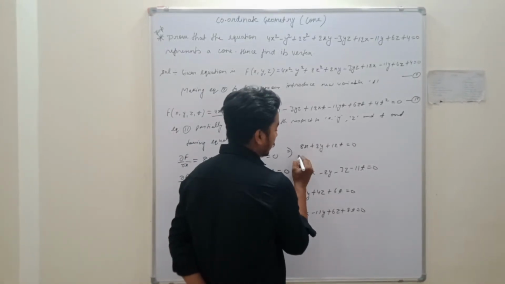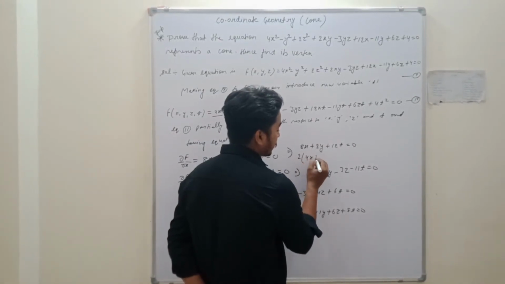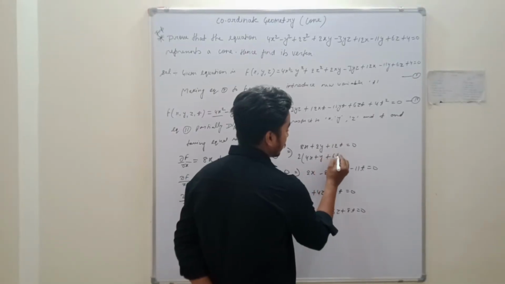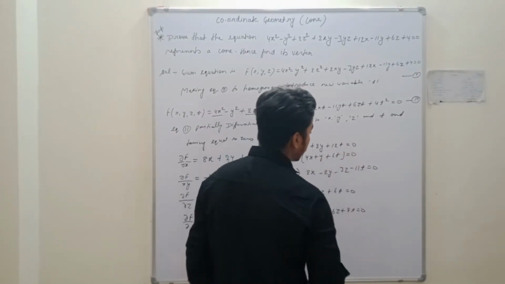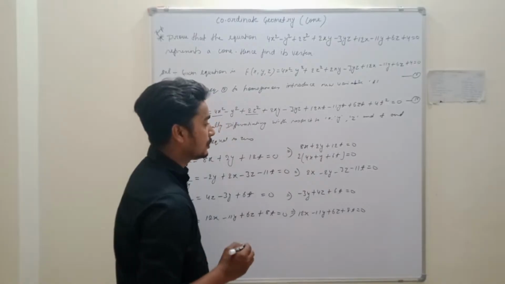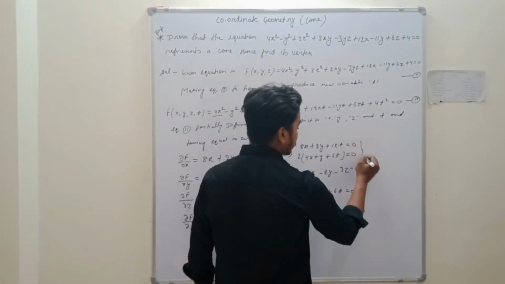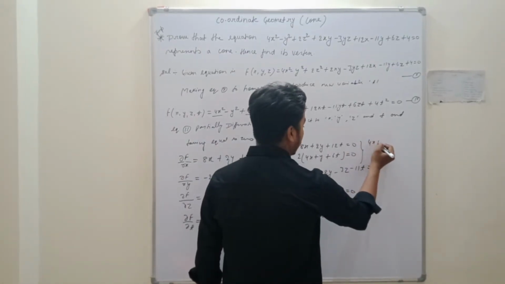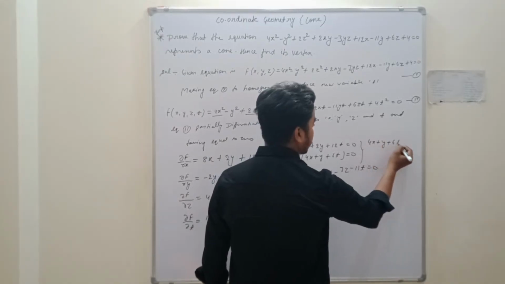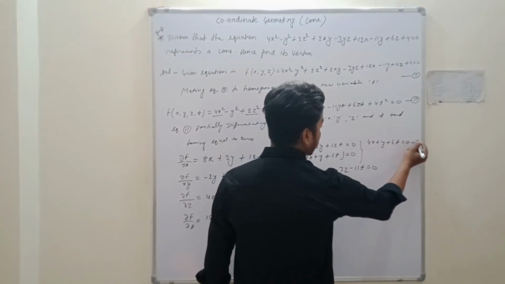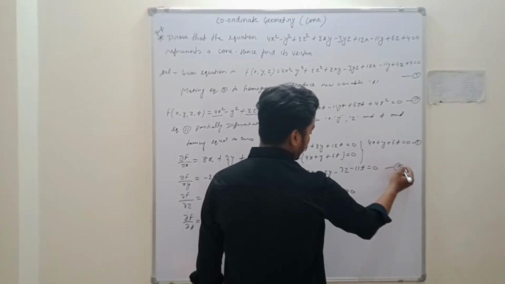We have to take common 2. This is 4x plus y plus 6t is equal to 0, and 2 is taken equal to 0. Then the equation becomes 4x plus y plus 6t is equal to 0. This is equation 1, this is equation 2, this is